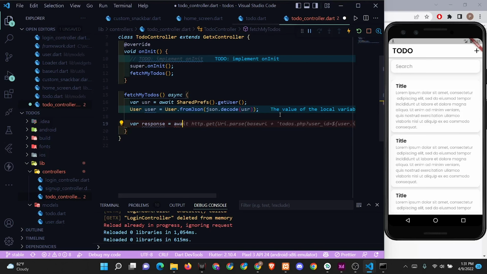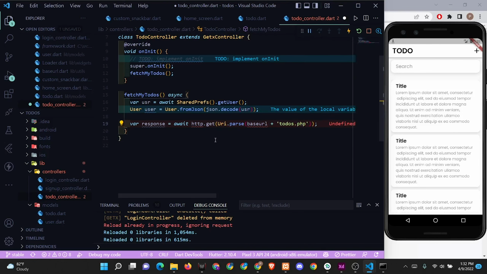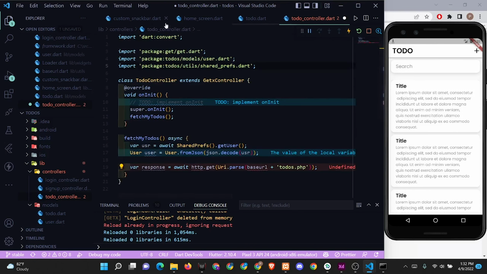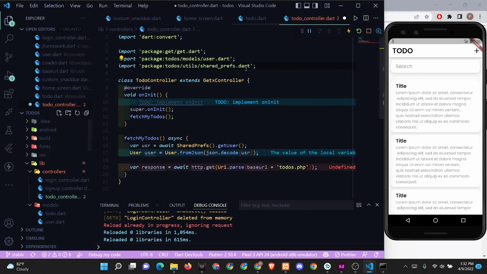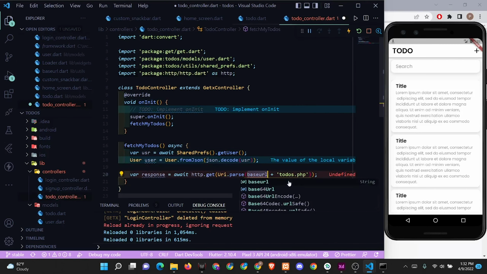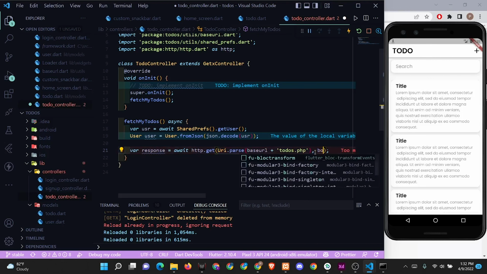Response equals await HTTP dot get URI dot parse base URL plus todos dot php, semicolon here. Let's import the HTTP from our login screen. Let's import this. Let's import base URL also, and in the body,